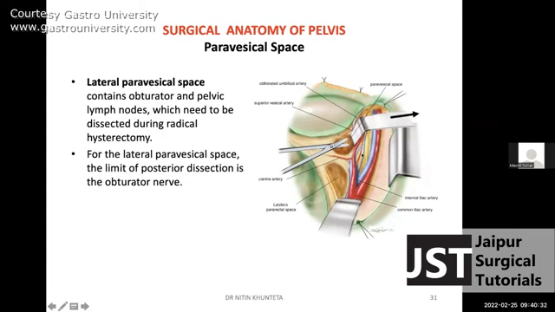The lateral paravesical space, which is not shown here in this photograph, is lateral to the obturator umbilical artery, between the obturator umbilical artery and the lateral pelvic wall, and is full of lymph nodes. In cancer patients, when we do a pelvic lymph node dissection, we have to define this space clearly and remove the lymph nodes which are superficial to the obturator nerve completely, from the obturator umbilical artery to the lateral